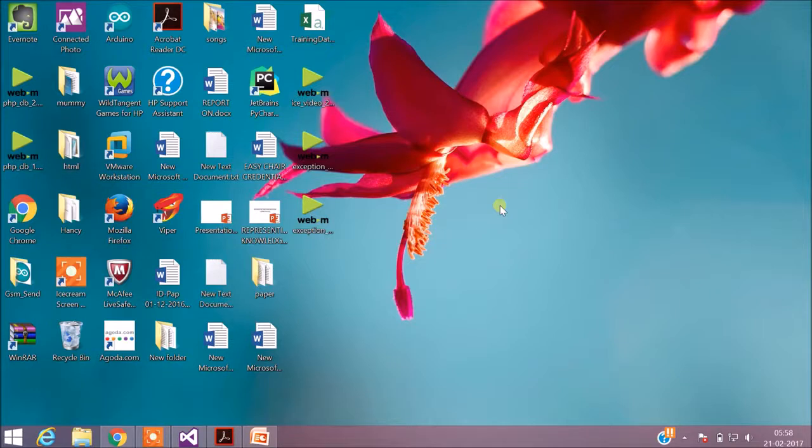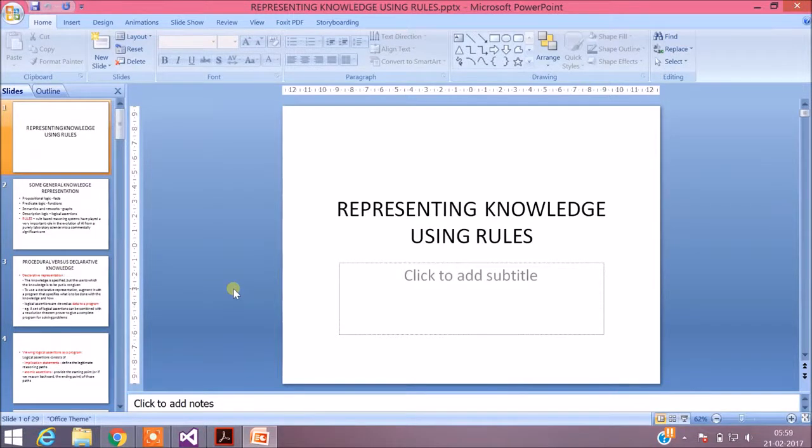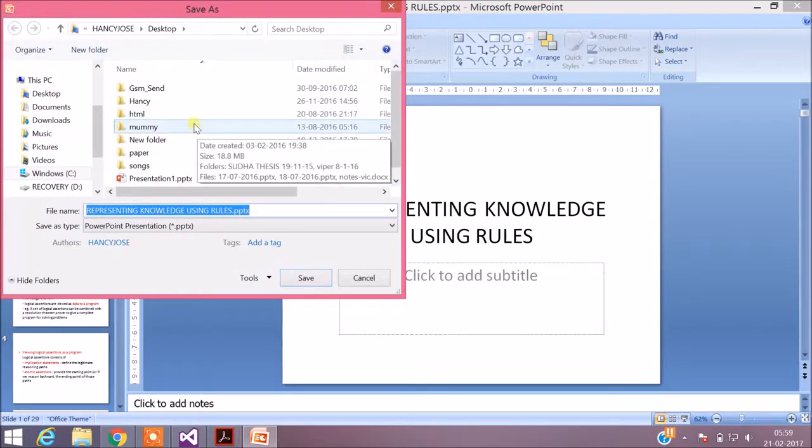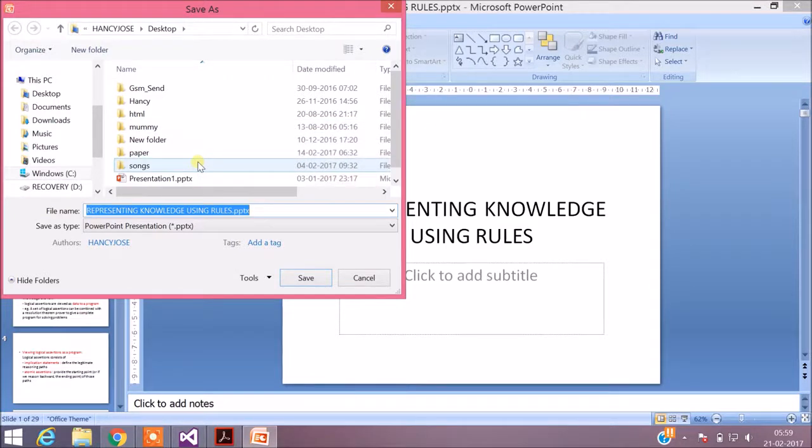Let's see an example. Just in case we need to open some kind of a file, say for example this PowerPoint presentation, I have opened this file. Let's just consider that this is a form. When I need to save this form, I will select Save As, and this is another form which is used to save the previous form. So let's consider the first form, which was the PowerPoint presentation, as the parent form, and in order to perform some action on the parent form, we have opened another form, which is the child form.